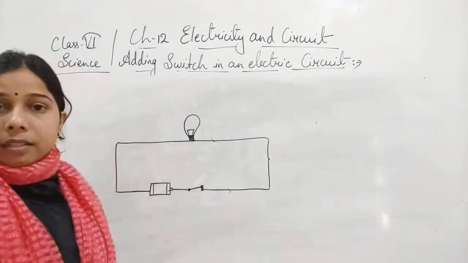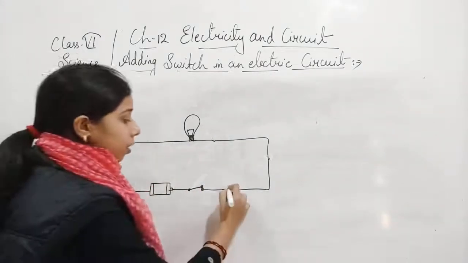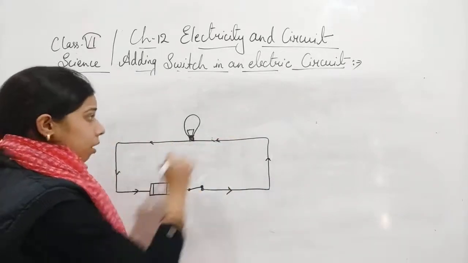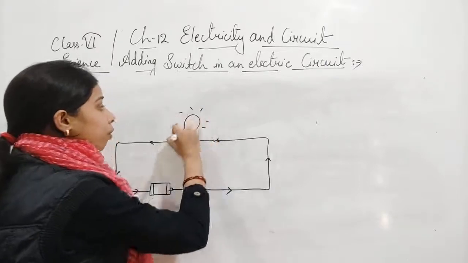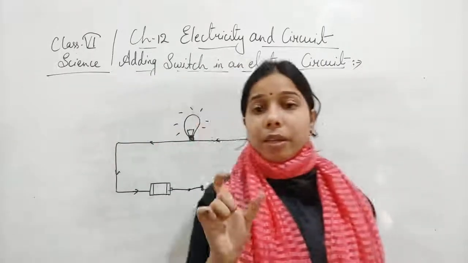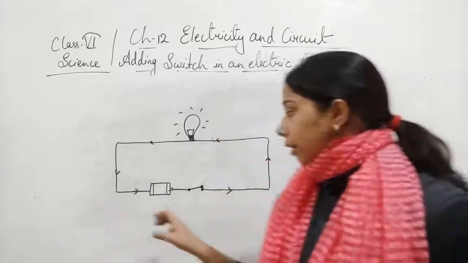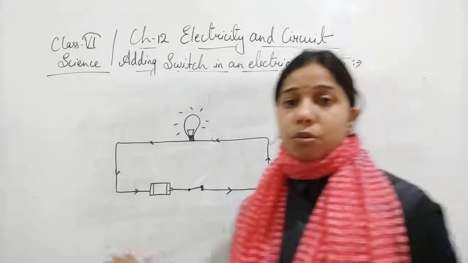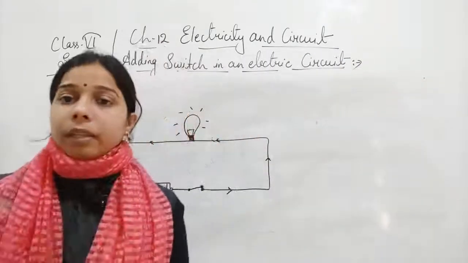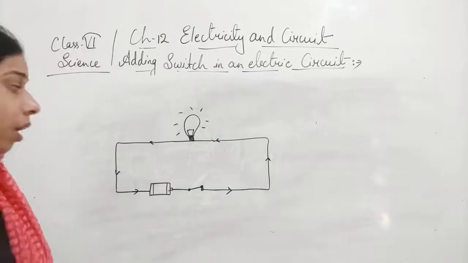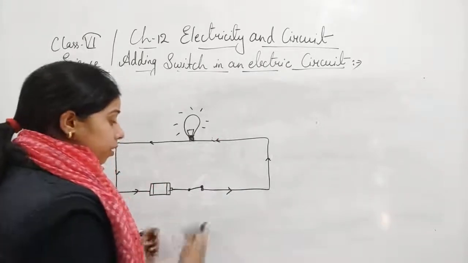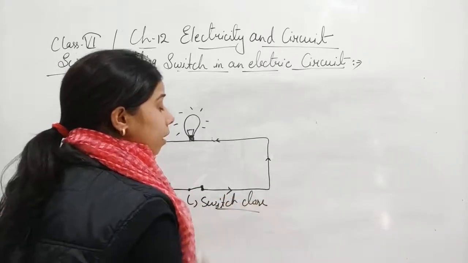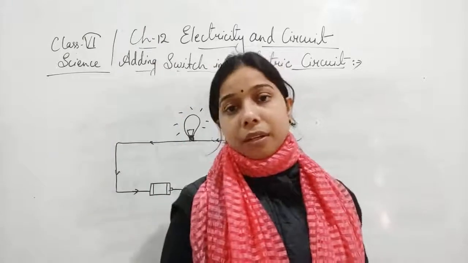So it will be like this here, students. Right now it is a closed circuit, so easily the electricity will flow through it. So now the bulb will glow. So we can say that if there is no gap, only then the current will flow easily and the circuit will be closed. So you can see the switch helps either in opening or closing the circuit. Here the switch is closed, since there is no gap, so this will complete the circuit and finally the bulb will glow.